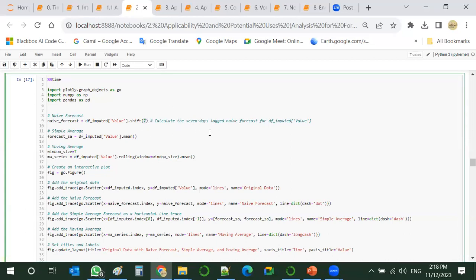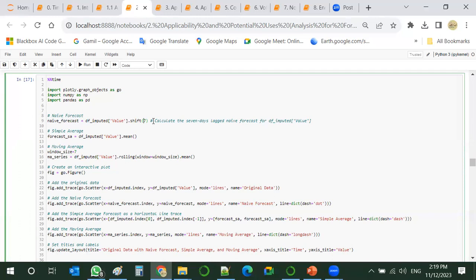We calculate the 7 days lag naive forecast. That means what we will see tomorrow. For example, if we are forecasting to the future, what we will see tomorrow is what we have seen a week ago. And by the way, if we just put a minus over here, we can do reverse forecast to the history.